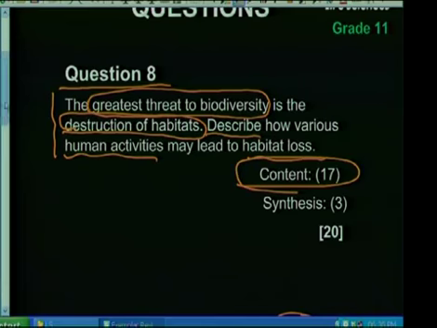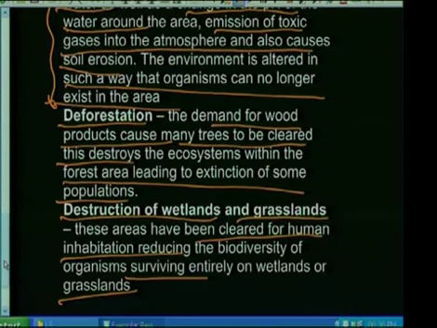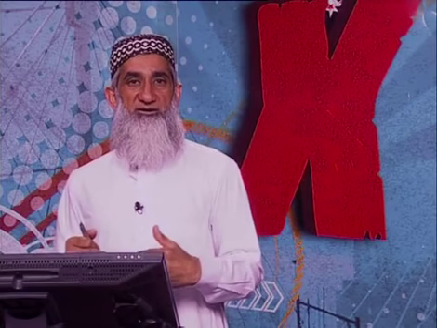biodiversity. So again here, you would have got marks for content, 17 marks, and your last set of marks, 3 marks, would have been for the synthesis. How is that given? Logical flow, relevance of your topic. In other words, are you talking about your whole syllabus? You're writing a lot. So remember, more writing does not mean more marks in the essay. Answer the question. You need 17 facts, not repeated facts, not recycled facts, independent facts, 17 different facts, not more